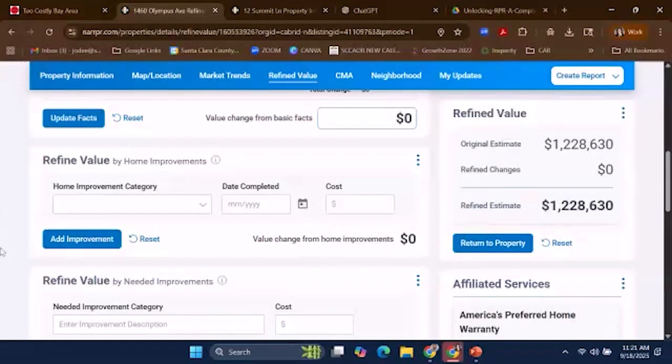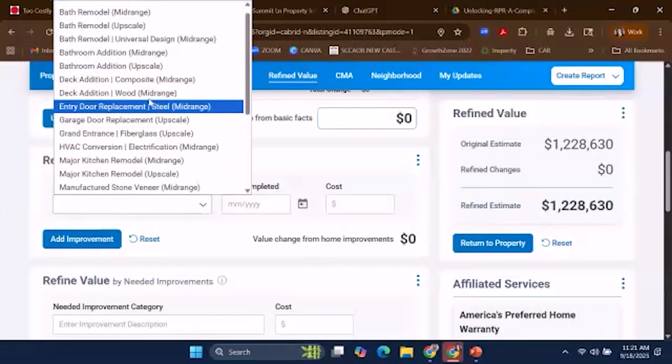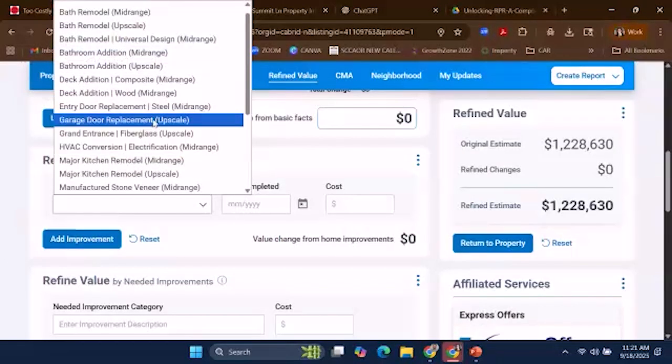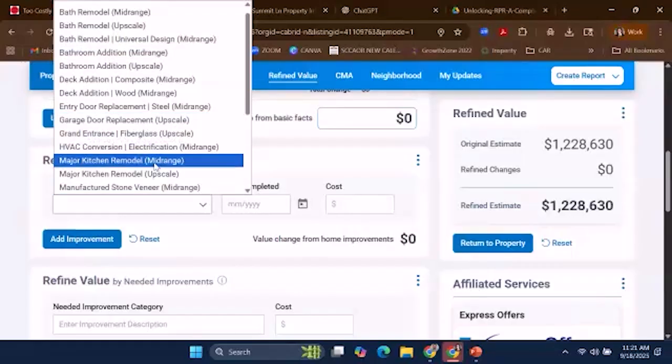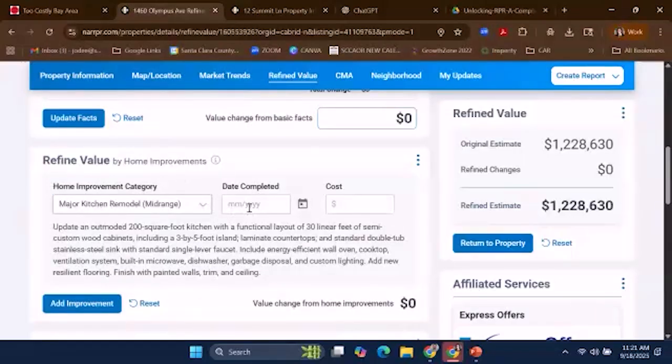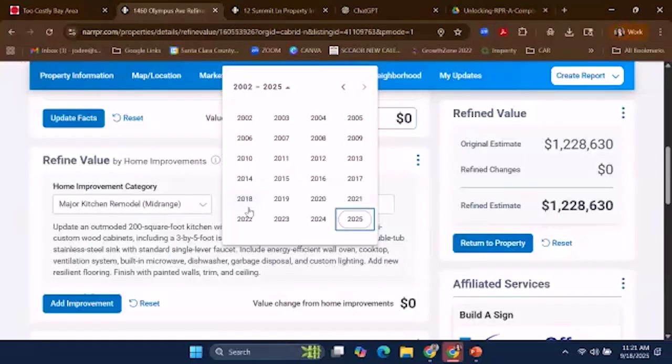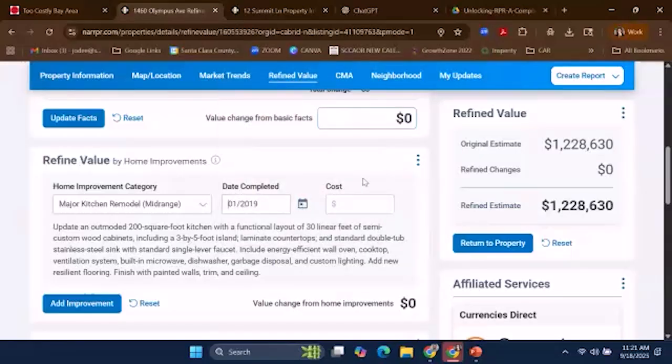So let's say they did a major kitchen remodel in January of 2019, let's just say January 2019, and they spent